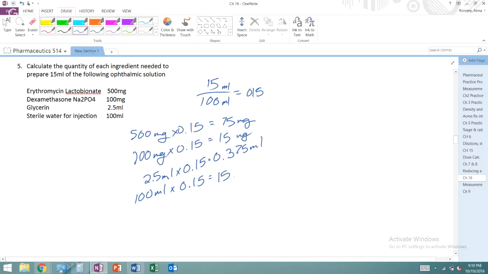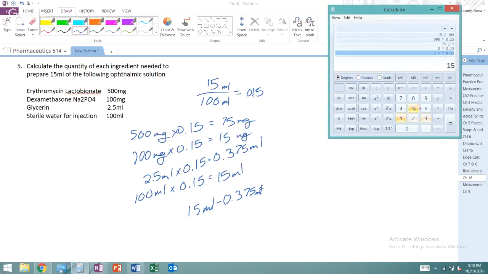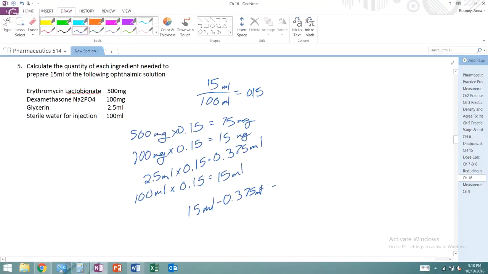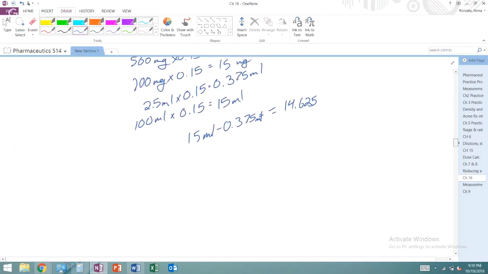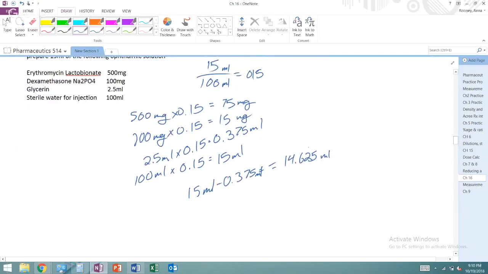5 milliliters, and then this is 15 milliliters, but if it's QS, which I believe is implied, normally I would ask the doctor if they wanted it made to that quantity. Then you have to take out any of your active ingredient liquids. So it would be 15 minus 0.375, 14.625. The other thing that got me about our history lesson today was that, okay, so it's not QS, but if you were making this QS, that would be how you do it, but you don't need to know that. So,